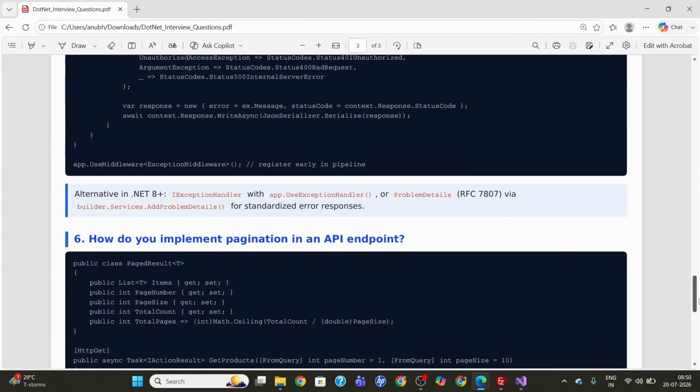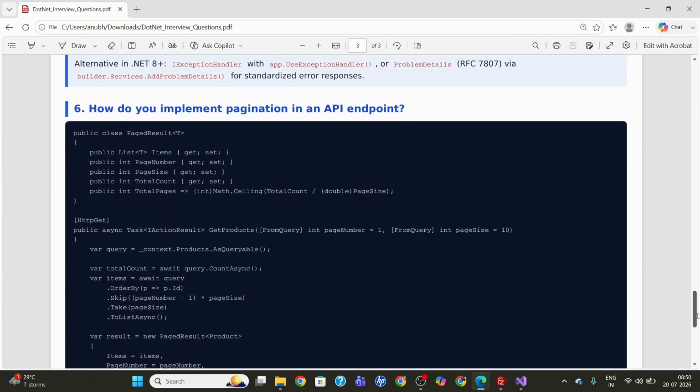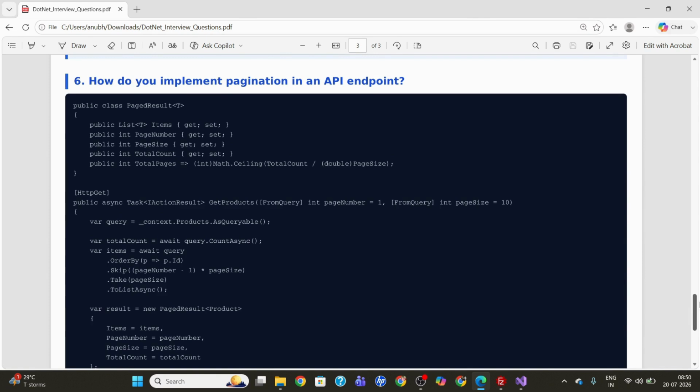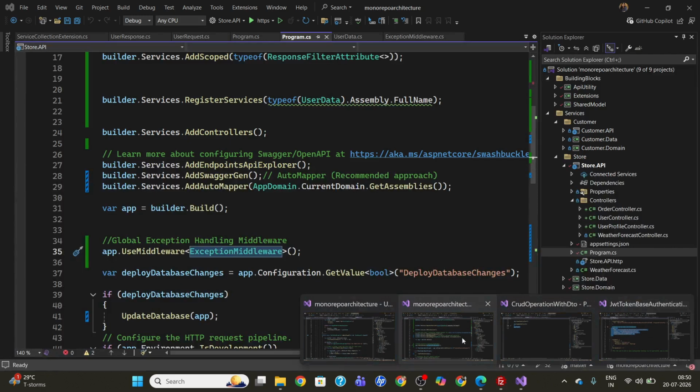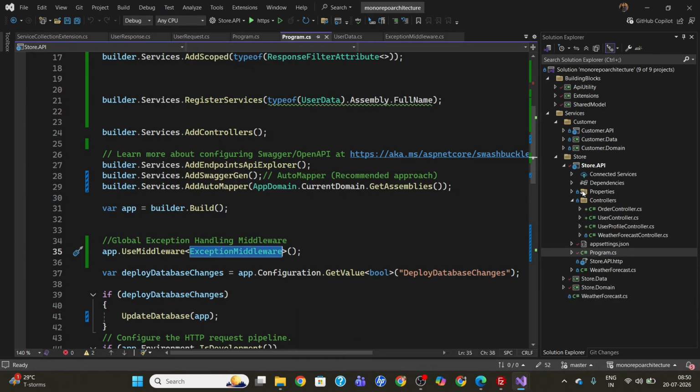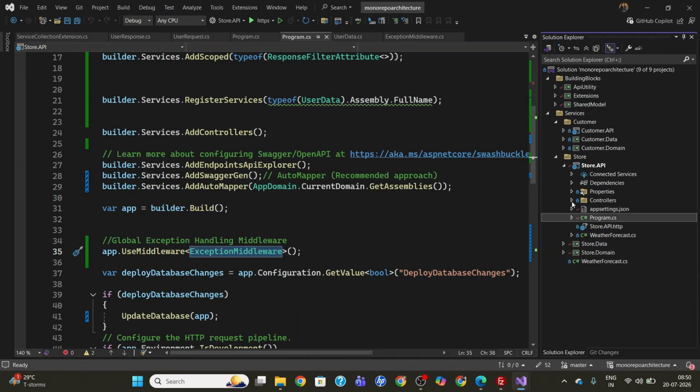And next, how do we implement pagination? This is also very important, and sometimes in the interview they will ask you to write the formula. So this is the formula to implement the pagination. I will show you here. So for handling pagination and searching, firstly what we can do here,